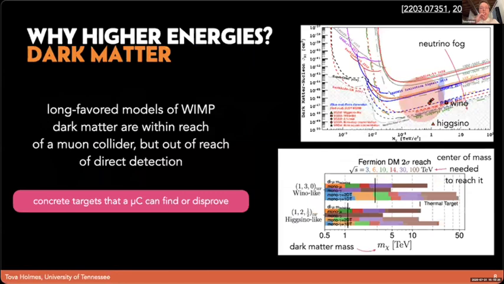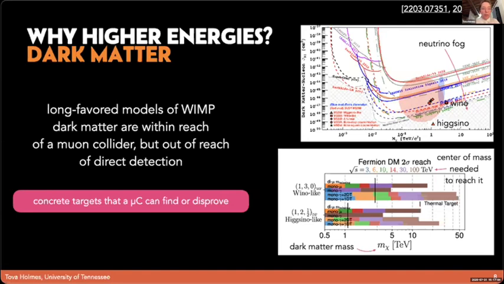So beyond the Higgs, we're also interested in dark matter. As one really strong example, long favored models of WIMP dark matter are within reach of a muon collider. I'm specifically talking about the Higgsinos especially, but far out of reach for the thermal masses for what the LHC can do, and also out of reach for direct detection because this sits well below the neutrino fog that these detectors are going to have to be dealing with as they increase in sensitivity. So the Higgs and dark matter give us very concrete targets that a muon collider can find and study or disprove